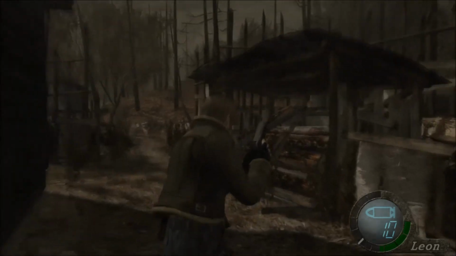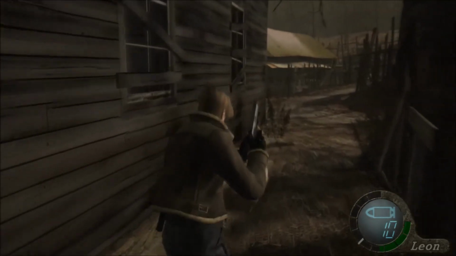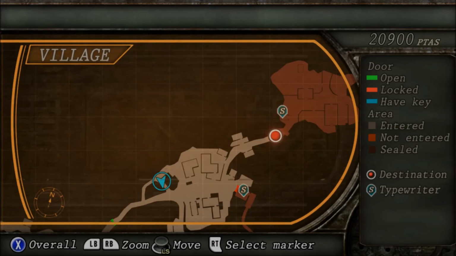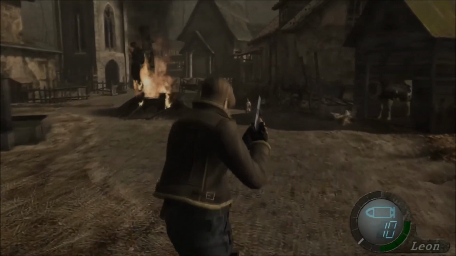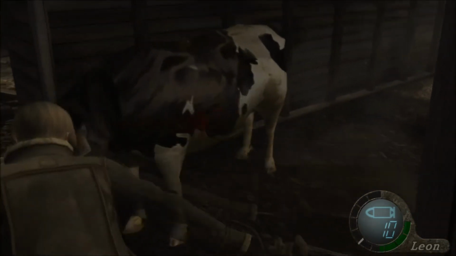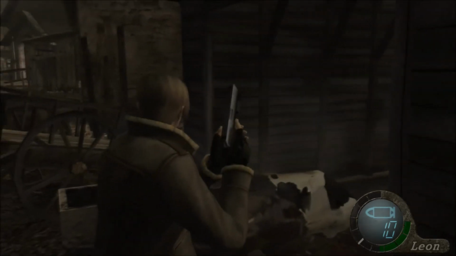And there's also a lot of things to find. Again, if I was playing this on hard mode, it would be very important to be collecting all the resources that we get our hands on. We went that way. And before we cut, one other thing, another major part of what made Resident Evil 4 different and would also become the standard, while I kill this cow, because we need to get loot as well,